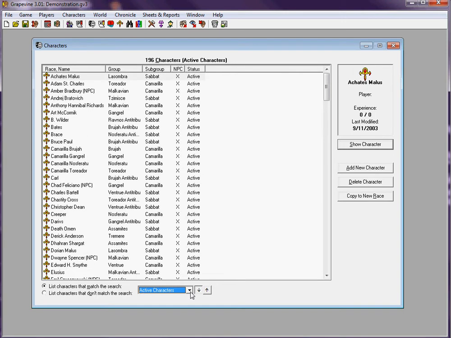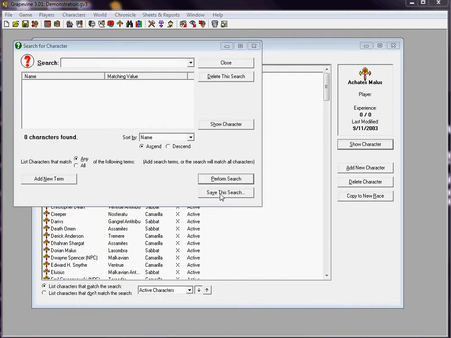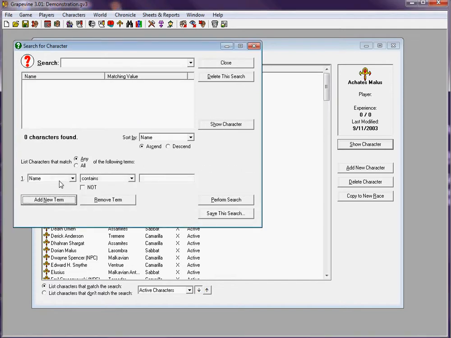Now, if you want to create a custom sort for this, you need to go up to the search for characters, the little binocular icon at the top, and this lets you actually build your own searches. It's fairly self-explanatory. You just add a new term. Say, for example, I want to search for any Sabbat vampires. You'd select the field,